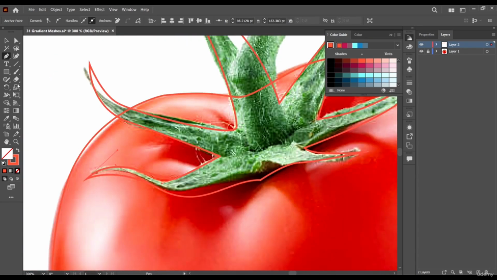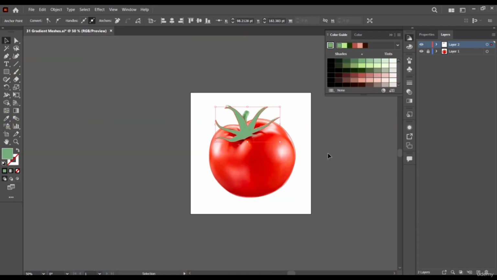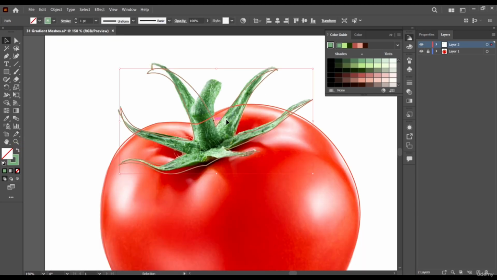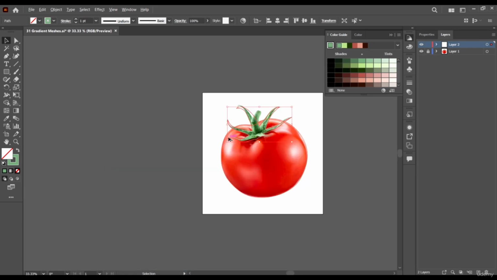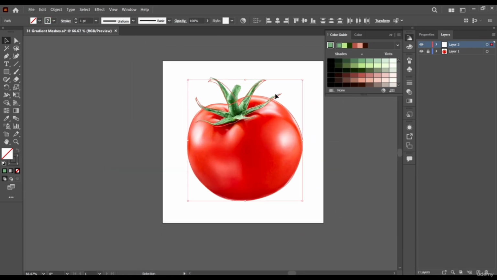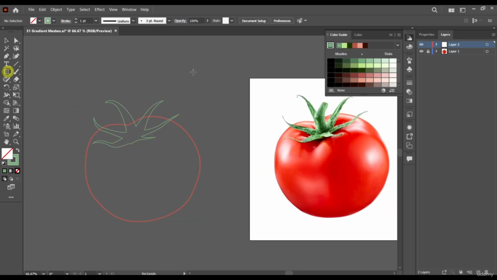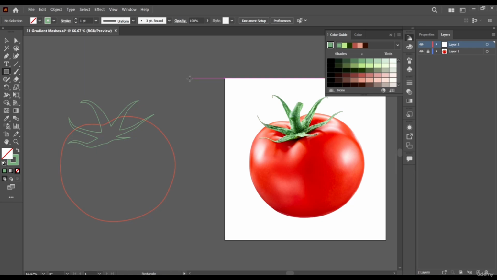Let's pick the eyedropper tool and sample a green color here, and also swap the fill color to the stroke color. Select both shapes and take them out of the frame. I want to create a color palette with the colors of our fruit here.